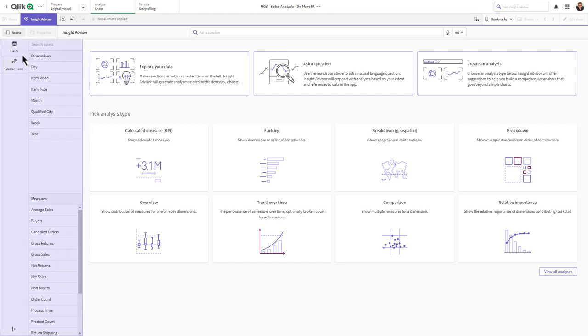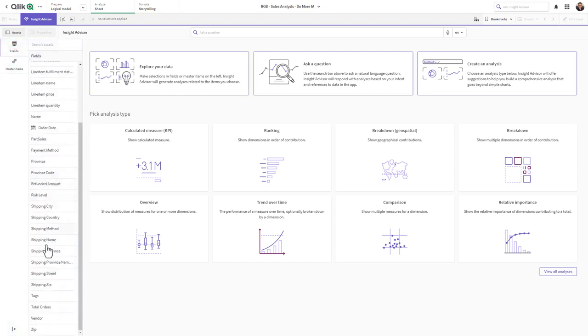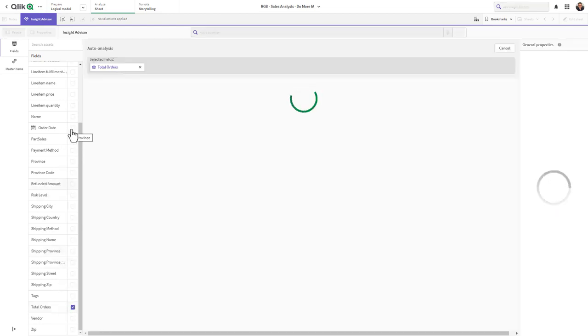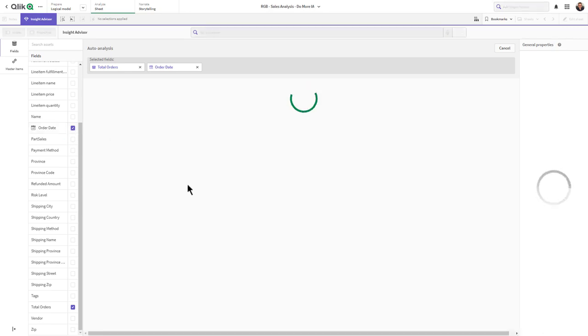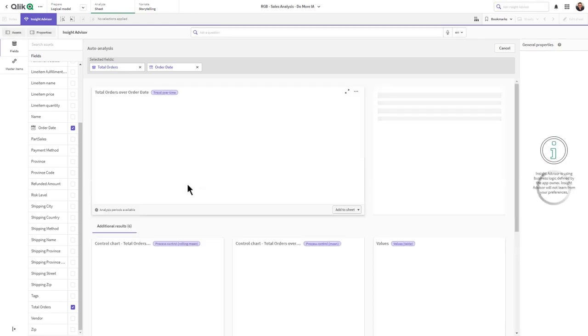Okay, and just to correlate the two with each other in the Field section here, if I just chose, for example, we just want to look at total orders by order date, I needed to select these, and Insight Advisor is going to produce a chart. Now, most likely it should produce a line chart because we're looking at a trend because we have a time period dimension, order date, and total orders is our measure. So now we're looking at total orders over time,